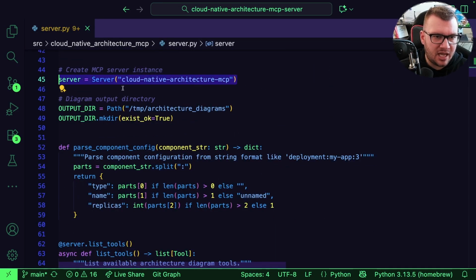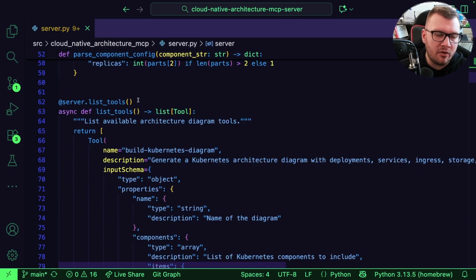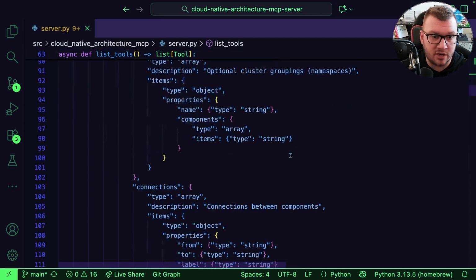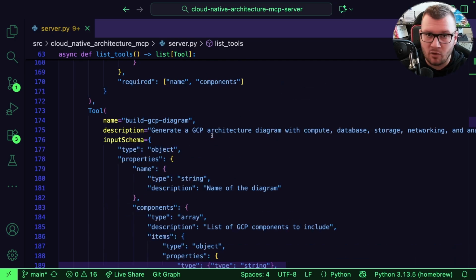And then I'm initializing the MCP server instance. And I have two decorators to list the tools. Because again, if we run against an MCP server, we have to actually see all the tools that are available. Remember, this is all in JSON because that's the communication for the data structure underneath the hood of all MCP